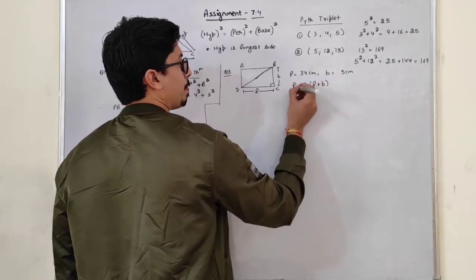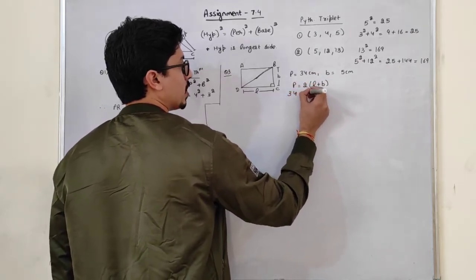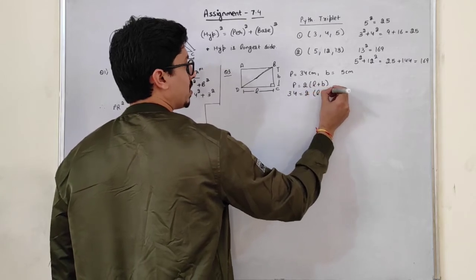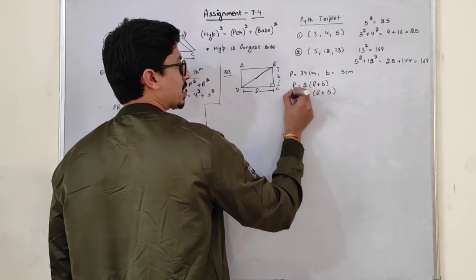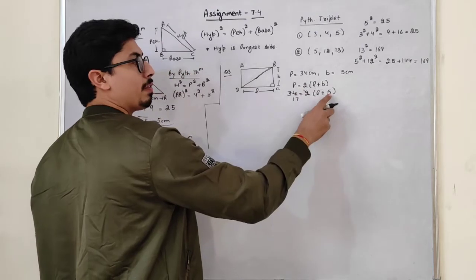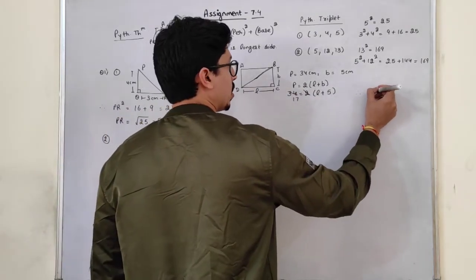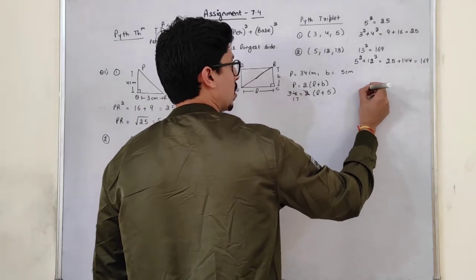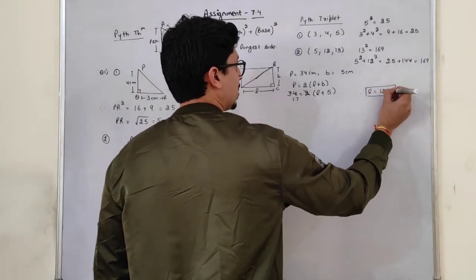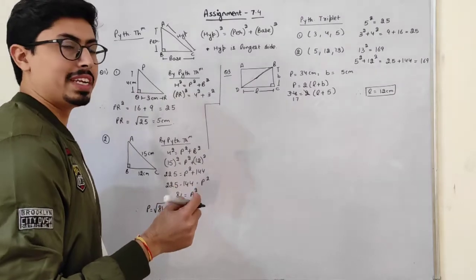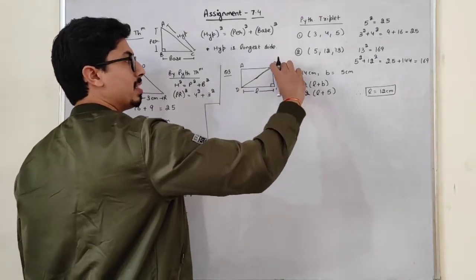We know this formula. Perimeter is equal to 34. The length we don't know, breadth is 5, students. So if I just cancel the 2, it is 17. 5 is in addition, when it goes across, it will be subtracted, so L will be 12. So L is 12, the length is 12 centimeters. So this is 12 now, and this is 5.